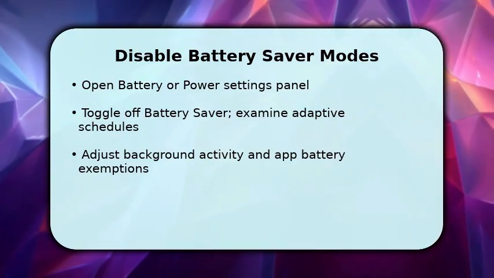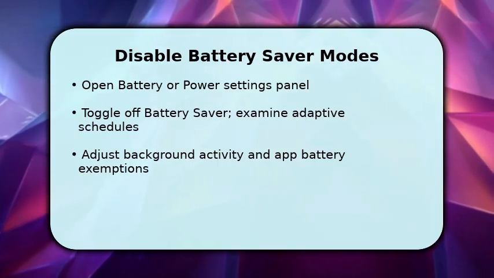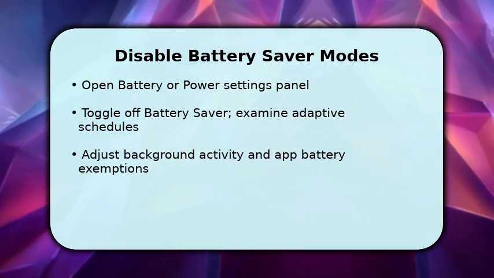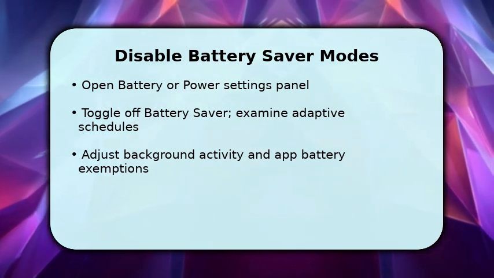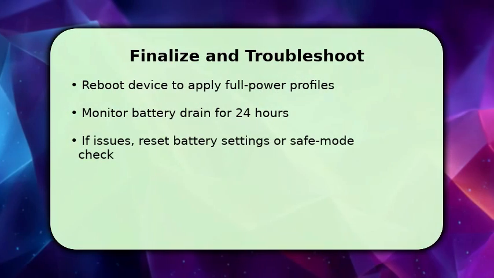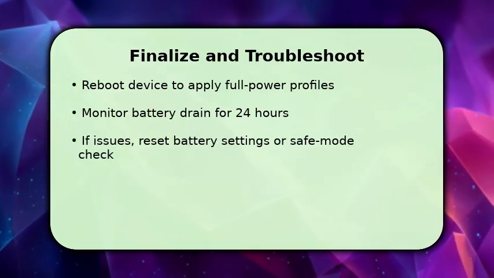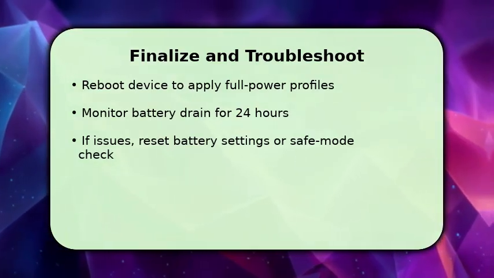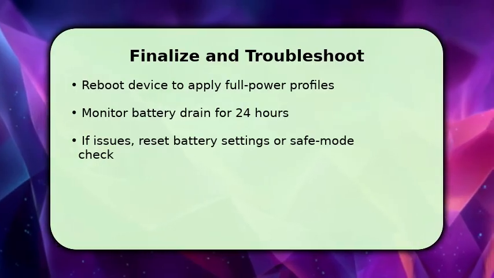You should also review background activity controls and grant exemptions to apps that need continuous operation to avoid unintended kills after disabling the saver. You finish by rebooting the device to ensure full power profiles apply to CPU and network stacks. This stabilizes performance. Once rebooted, monitor battery drain for 24 hours to confirm behavior matches expectations and tweak screen